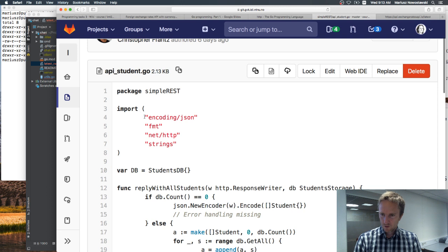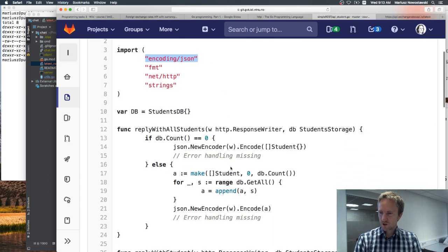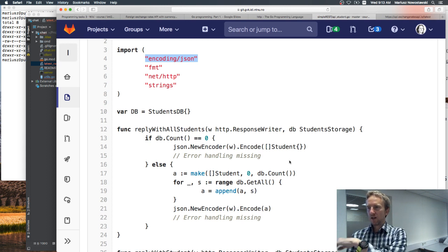You have a package called encoding/json, and this package allows you to convert from JSON to string and from string to JSON. So for example, if you have,